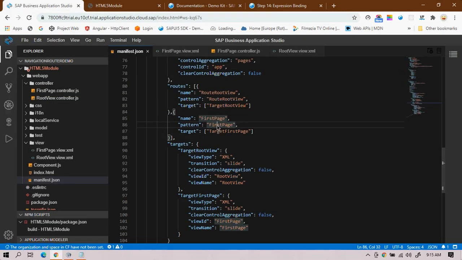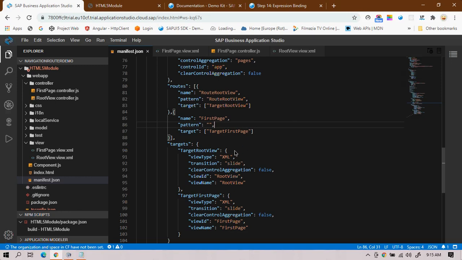So in that case, the first page pattern should be empty. If you find any project and you identify in a manifest.json file that the pattern is empty, then you can identify that the first page would be the page displayed when you run the application.